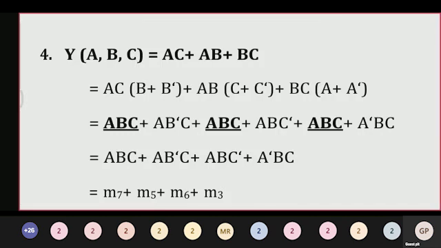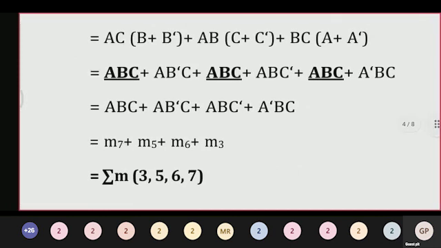Now you have to check whether any product terms are repeating. The product term ABC is repeating 3 times. So you need to neglect the 2 repeated product terms and take only 1. Then it will become ABC plus AB bar C plus ABC bar plus A bar BC. ABC is nothing but 1, 1, 1, which corresponds to the minterm M7, and AB bar C is nothing but 1, 0, 1,